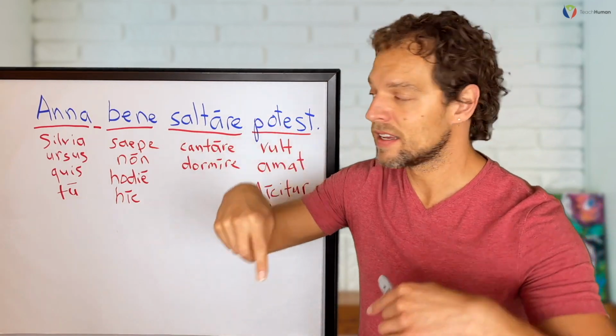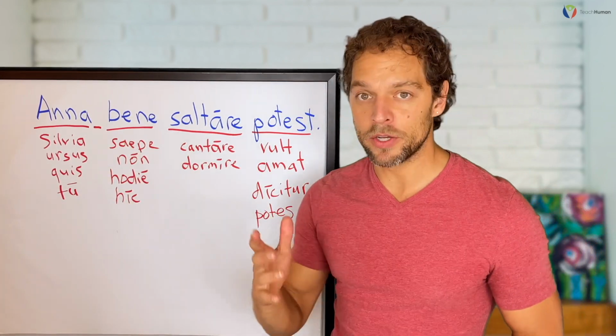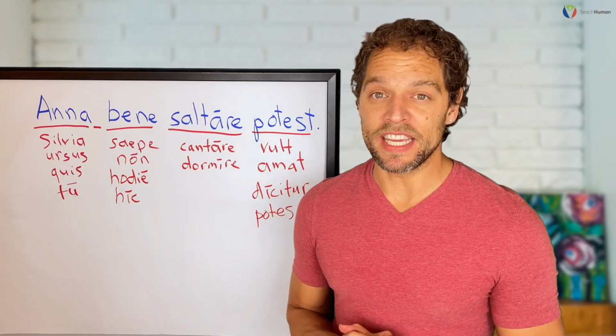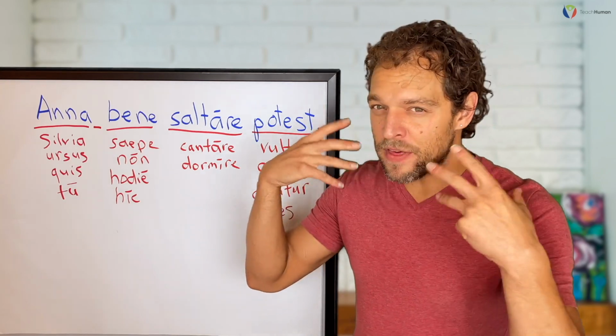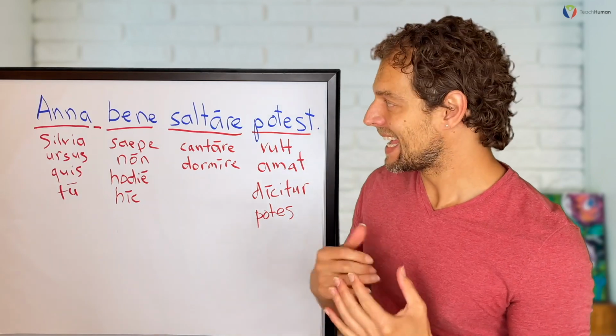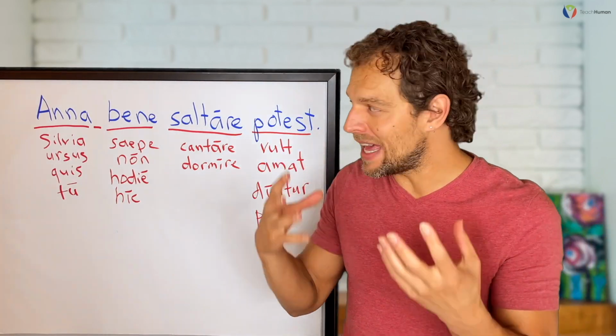Anna hic. So a lot of these things could also go in that slot there. And you heard me do that when I said Anna non bene cantare potest. We'll talk lots more in upcoming videos about what thinking of teaching the Latin language as teaching Latin sentences can do for us. For now, I just want you to have in your mind, just want you to have seen,